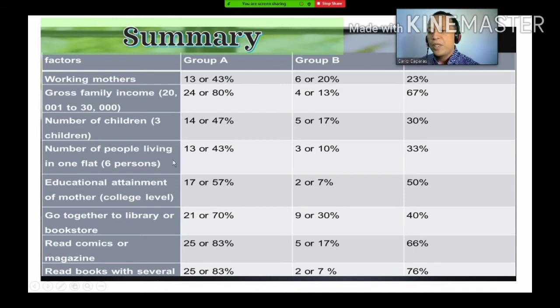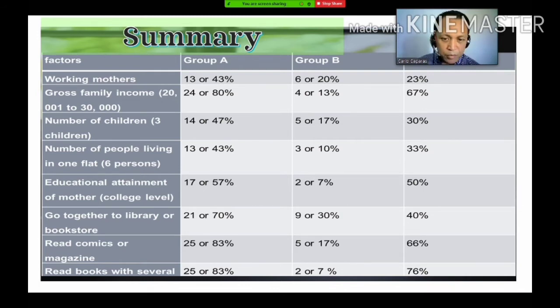Next, the number of people living in one flat, 6 persons or more, including the children and the parents, 13 or 43% of the families were 6, while in group B, 3 or 10% only have 6 persons or less living in one house.